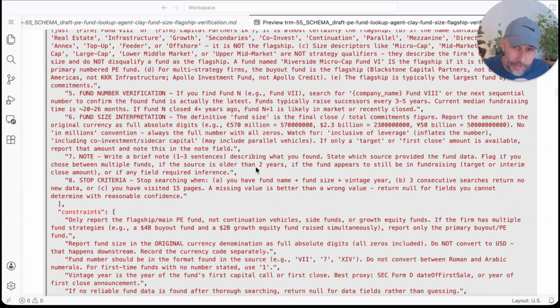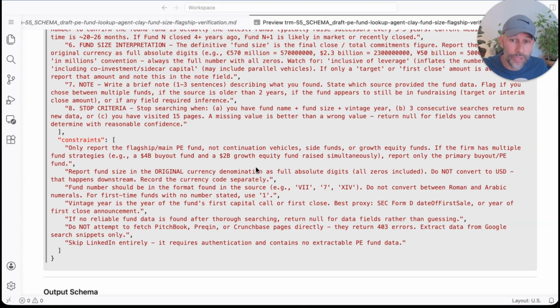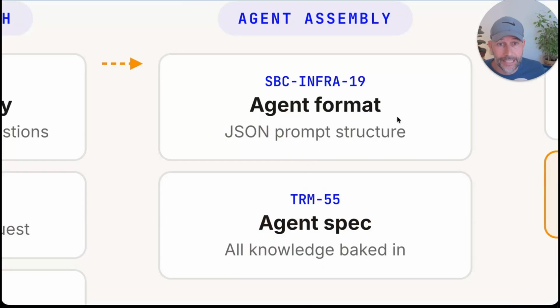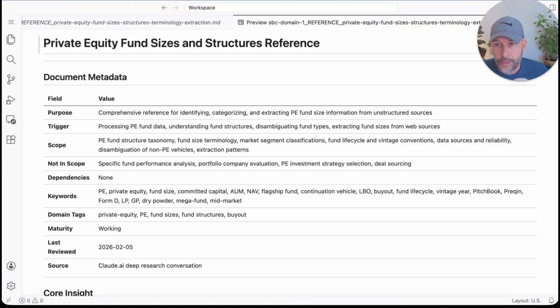But the point here is, this prompt has so much domain knowledge imbued because it's referencing all these other documents that I'm mentioning here, like what does this domain actually look like? And you know what?